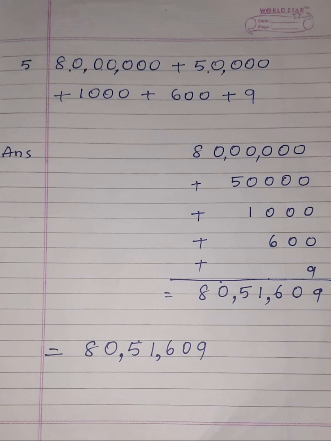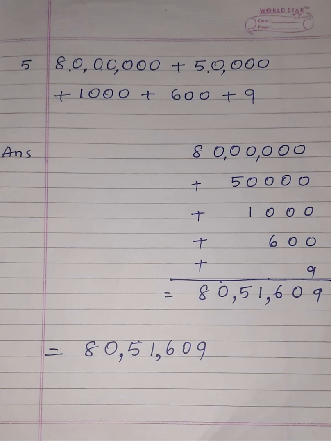And second thing, children, when you are entering the numbers one by one, the units should be written in the units place only. Tens should be in the tens place. Hundreds should be in the hundreds place. Likewise you have to write. You should not misplace the digit. When you misplace the digit, what will happen? Your answer will go wrong. Followed children? So after entering everything as per the place value, you have to start adding up the digits.